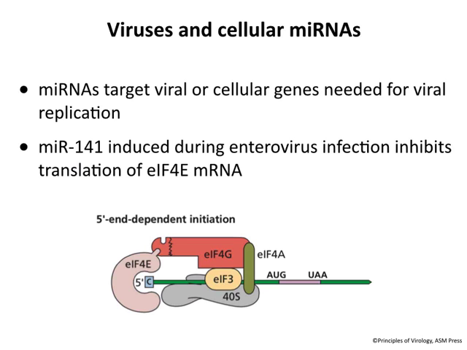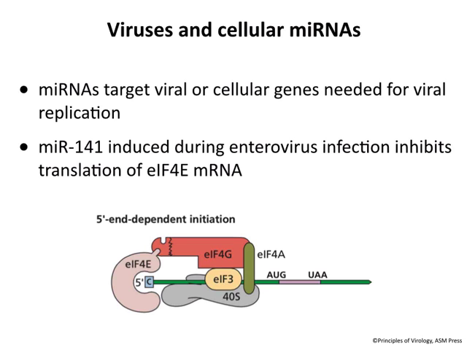There's a microRNA, these are called MIR, and they're given a number. MIR-141 happens to be a cellular microRNA that is complementary to a part of the mRNA that encodes EIF4E. Remember, EIF4E is the cap binding protein. So we encode a microRNA that will regulate the production of 4E by the microRNA binding to 4E message. This exists in cells because we have to regulate translation, and this is one way to do it. Some viruses take advantage of that.